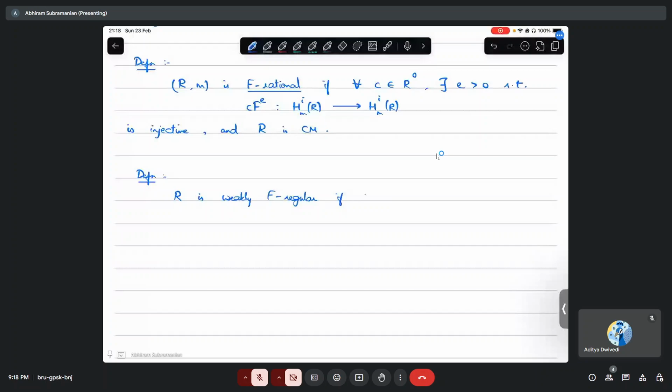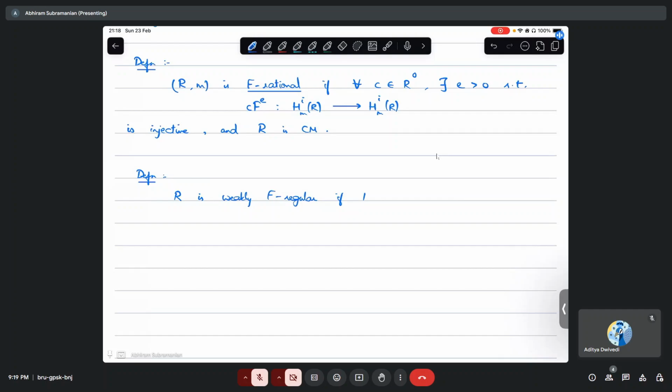R is F-regular if R_W is weakly F-regular for every multiplicatively closed set W. And, okay. And so finally we can